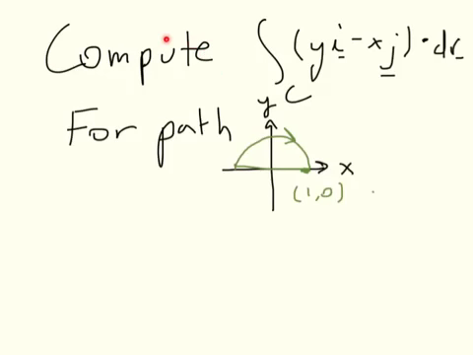I'd like you to compute the line integral over some path C of yi minus xj dot dr, and I'd like the path to be the unit circle traversed clockwise, just its upper half, and then the return line segment that is along the x-axis. Before watching any more of the video, go ahead and start working on this problem, and I'll start by